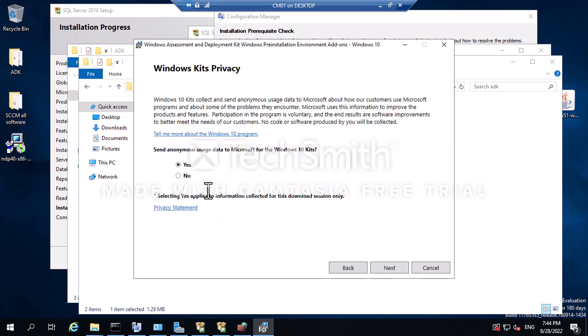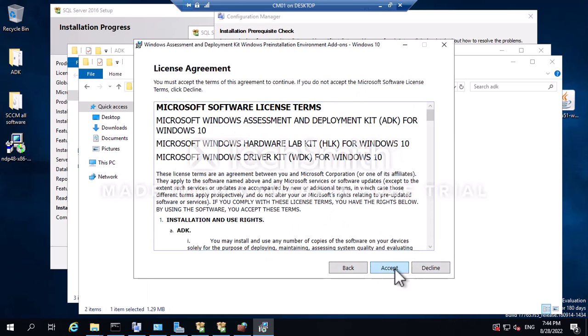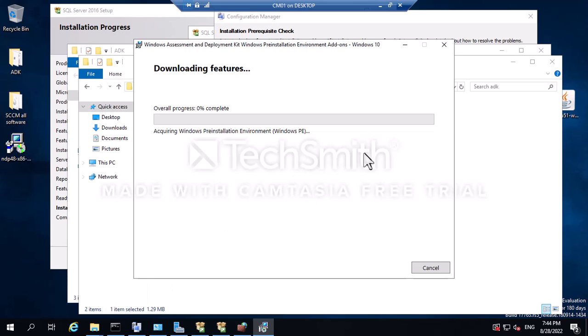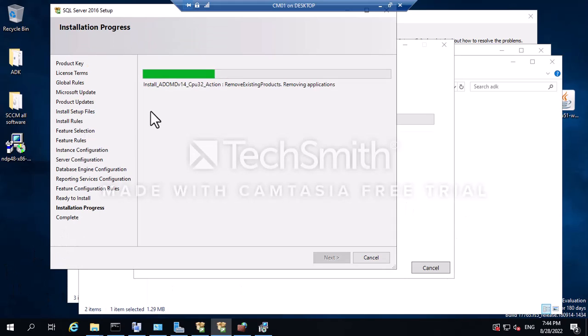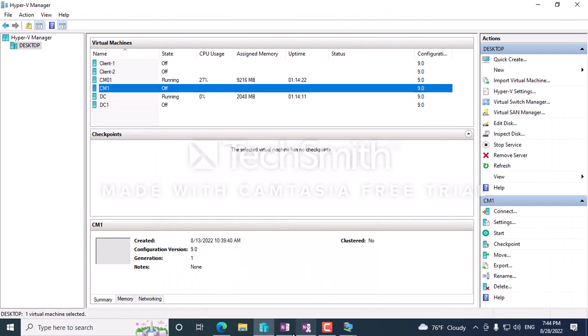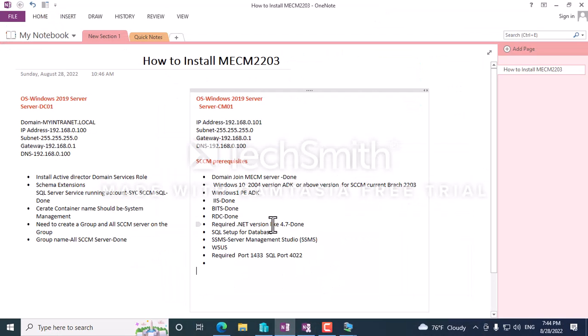Download this. Next. Yes, next. It will also take some more time for downloading. In the meantime, the SQL installation is still in progress. So we have covered most of the things, like we have installed SQL, done,